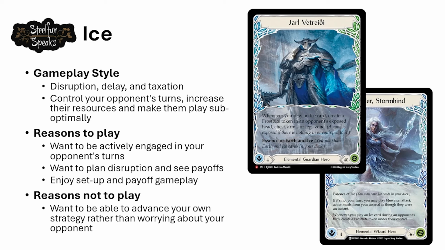You want to think, oh, if I play this Blizzard as an instant now, I can do this to my opponent and throw off their game plan. You want to plan out your disruption and then see the payoff, and you enjoy that setup and payoff gameplay. So you enjoy the idea that you're going to arsenal a certain piece of disruption, keep it there for a few turns, and then when you think your opponent is winding up for just the right attack, that's when you're